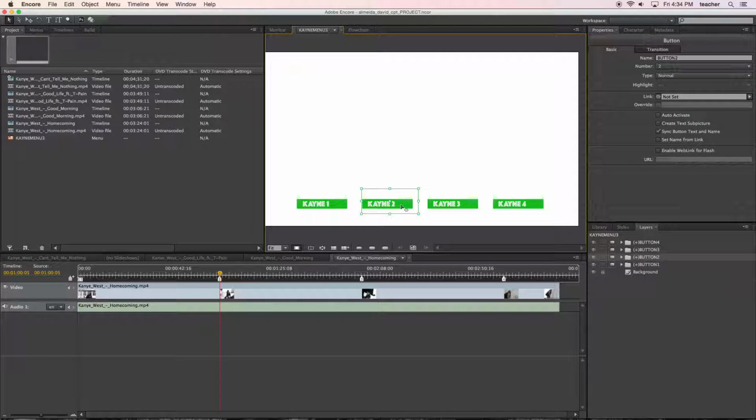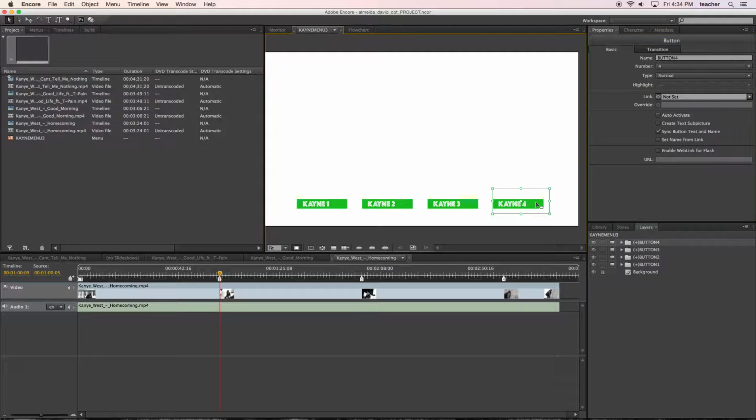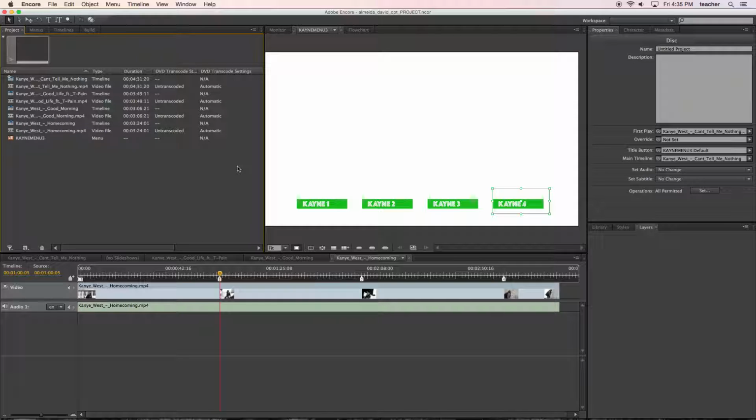Another way of linking stuff up is using the pick whip. Click the button, select this, and link it up to the video you want. So say good morning. And this one will go to good life. And the fourth one, and notice I'm doing it to the actual time code, timeline, not the actual asset. So I'm going to save this file,